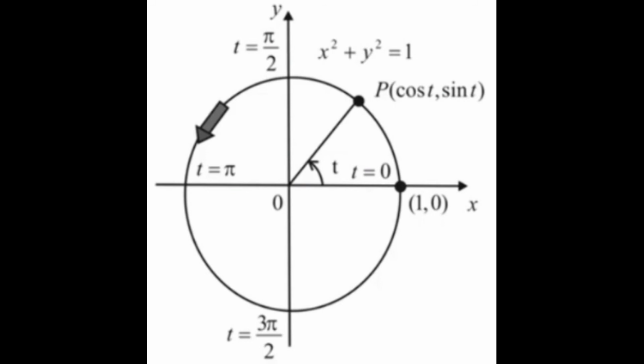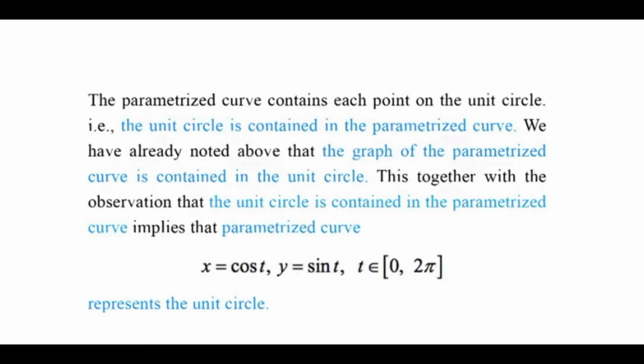This shows that the parameterized curve contains each point on the unit circle. That is, the unit circle is contained in the parameterized curve. We have already noted above that the graph of the parameterized curve is contained in the unit circle. This, together with the observation that the unit circle is contained in the parameterized curve, implies that the parameterized curve